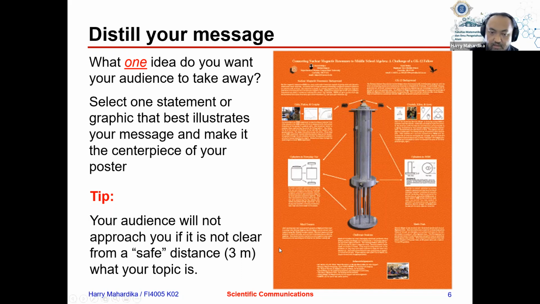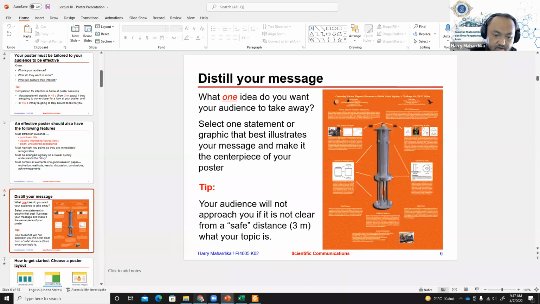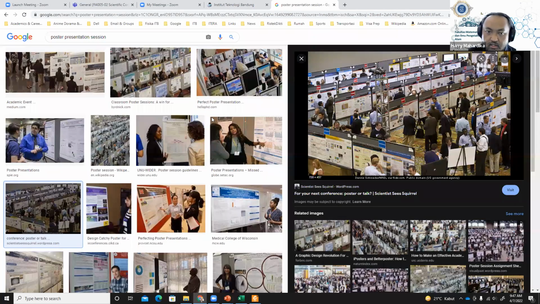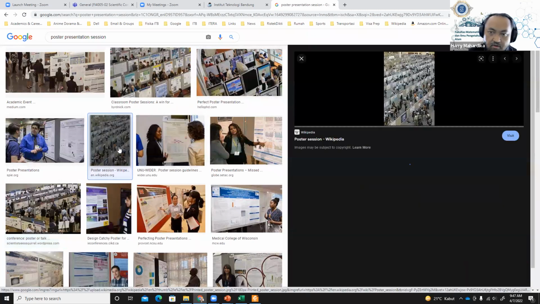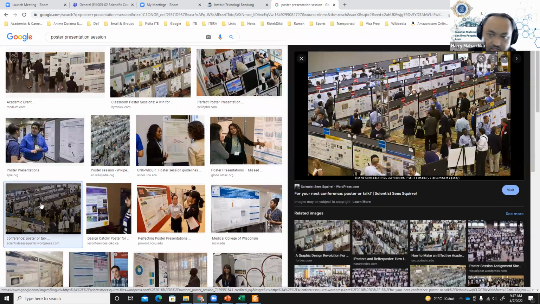So here is the rule of thumb for an audience that could see your poster. 3 meters is the rule of thumb. So if you look at this example of poster presentation session, or from this one, or from this one, okay,